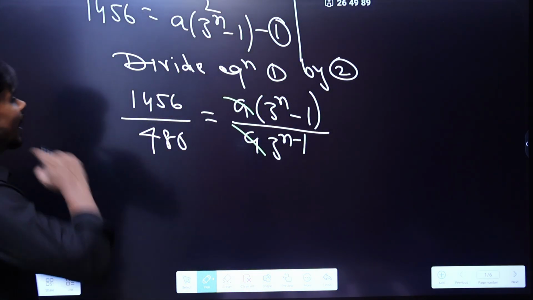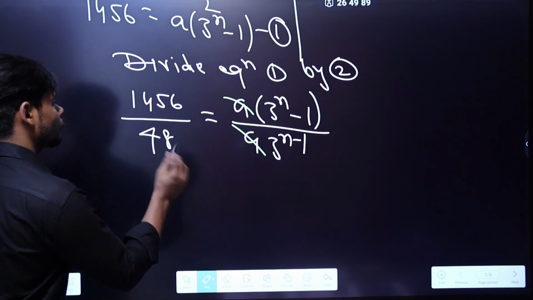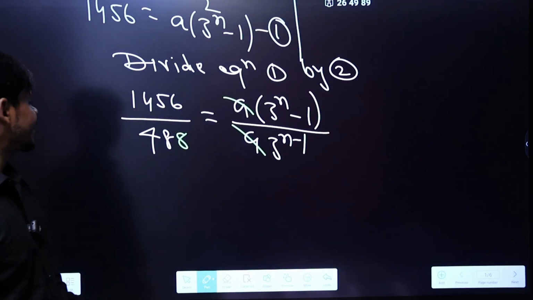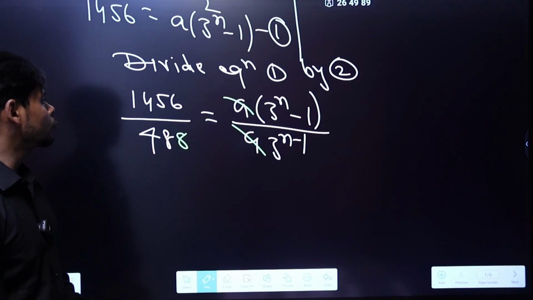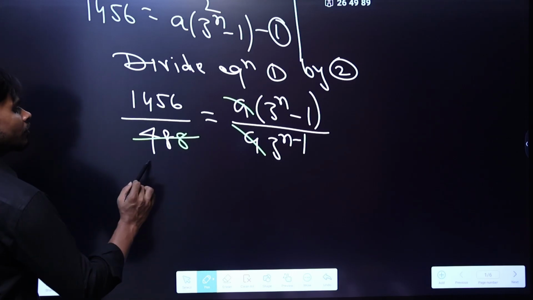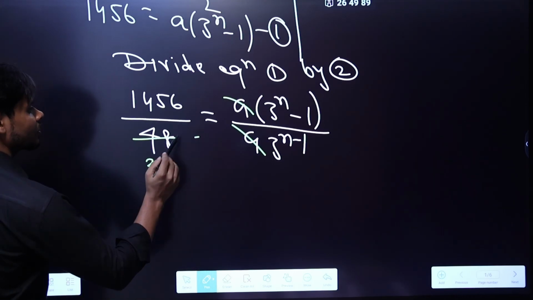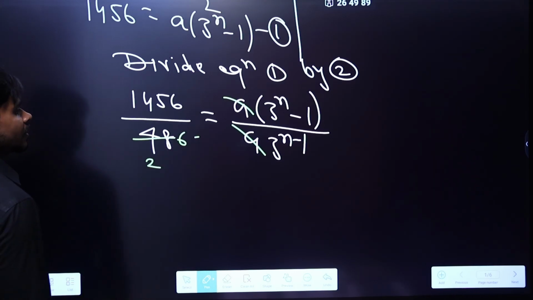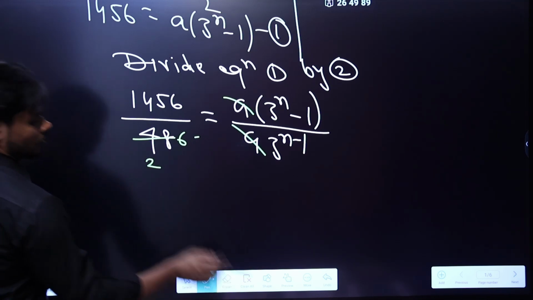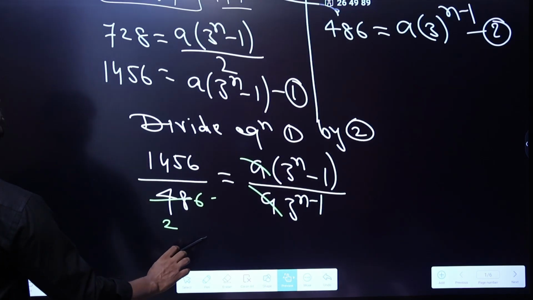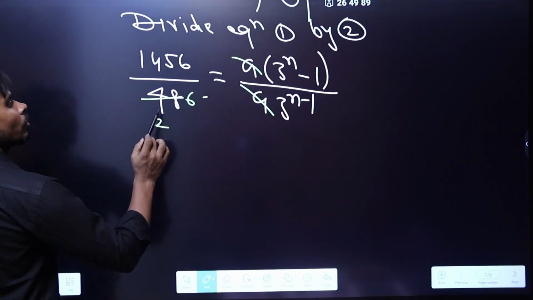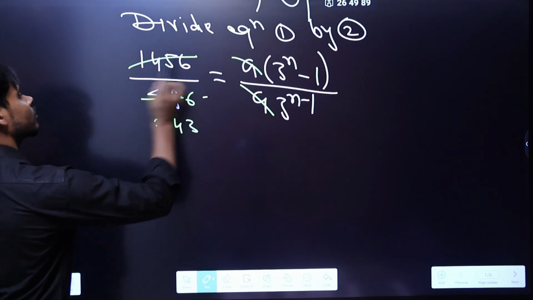Here you can cancel. I think it was 486 by the way. So will it get cancelled out by 3? 8 24. No. Okay, then let's cancel. If I cancel by 2, it will become 2. 486 it was, right? 486. Correct. Wait, let me check. 7 times 2 is 14, 2 times 4 is 8, 3 times 2 is 6. Yes, it is correct. So 2, then 4, then 3, and this will get cancelled out.